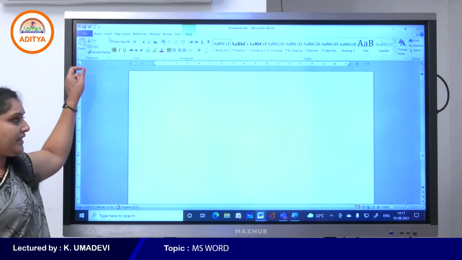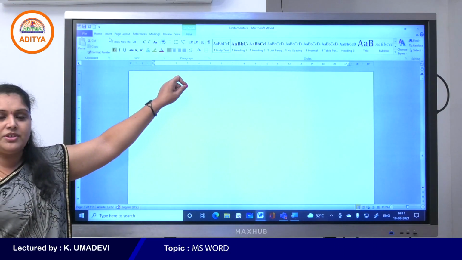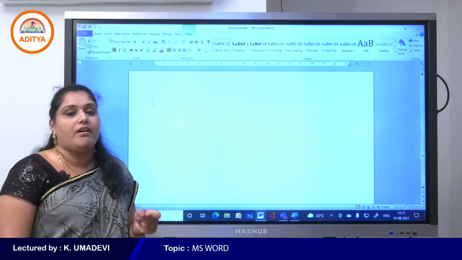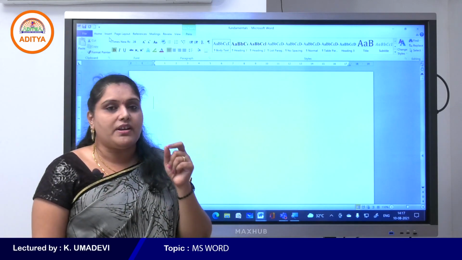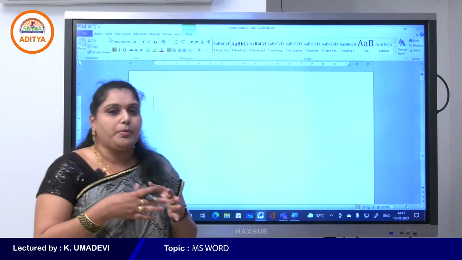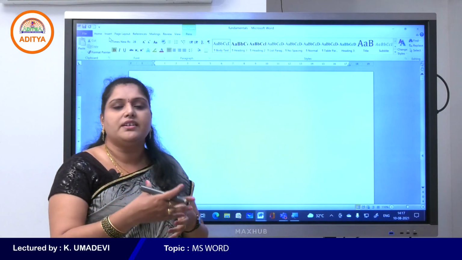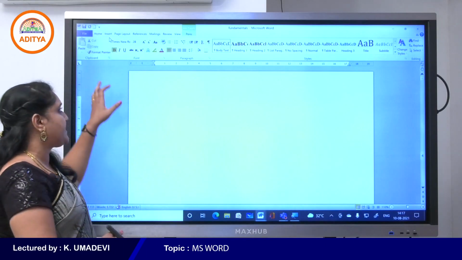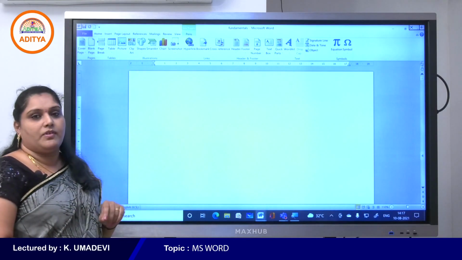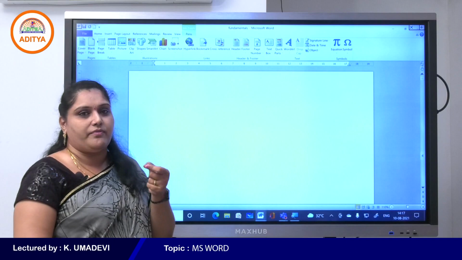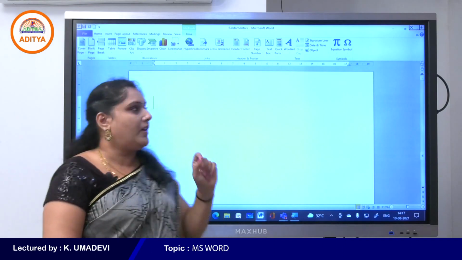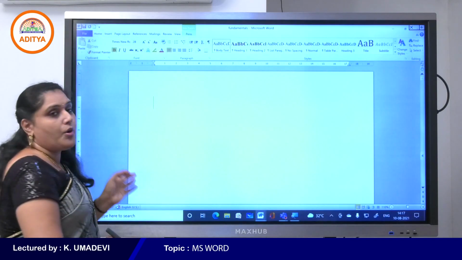That means Home is activated now. So that is nothing but default. Default settings means it is automatically chosen without making a selection. If you want to change the particular setting, you can select another tab, or you can select any one value among a number of options. So that is about the Home tab.